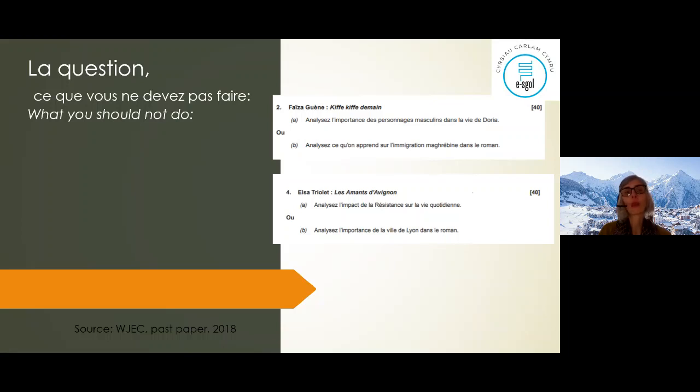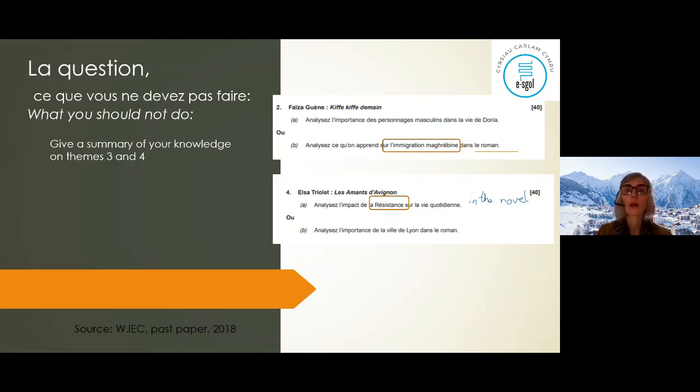So la question. Now I would like to discuss what you should not do when you have a question. I took 2 examples, Kiffe kiffe demain et Les Amants d'Avignon, but it works for any book. What you should not do is give a summary of your knowledge on themes 3 and 4. Those 2 questions, for example, l'immigration maghrébine and la résistance, the first one is theme 3, the second one is theme 4. Sometimes, because your knowledge on those subjects is good, you want to write it. No, what you have to do is write about it in the novel. Don't forget, it's always l'immigration maghrébine dans le roman or la résistance dans le roman, even if it's not written. So don't forget that it's only what you learned about those topics inside your book, not what you learned about those topics